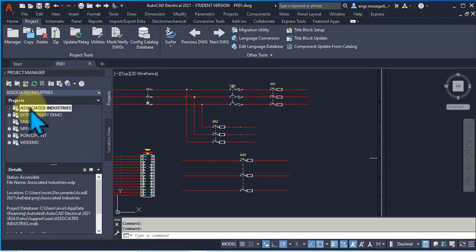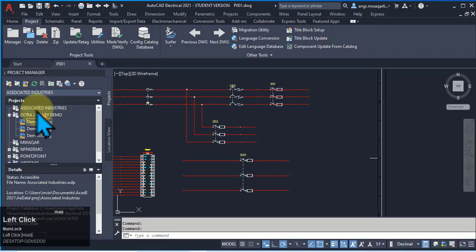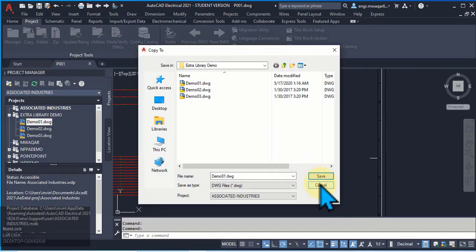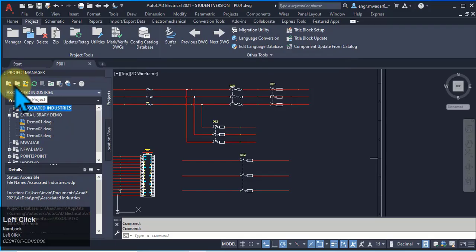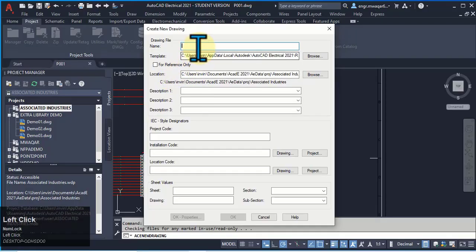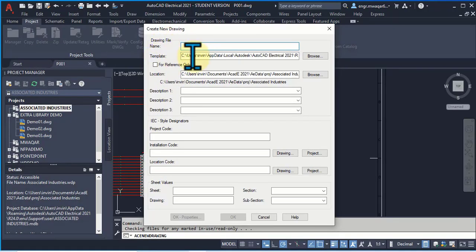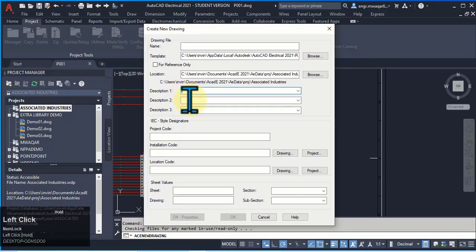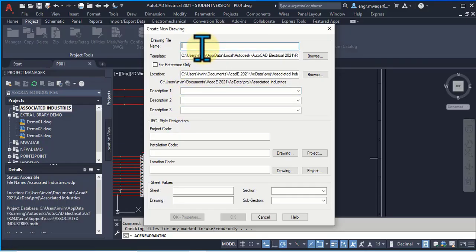If you want to add new drawings, there are different methods. Either you can drag your drawings and move them to that folder, or copy them to that folder, or you can even add new drawings. If you want to add new drawings, give it a name, select a template, and give a description. First of all, let's suppose I want to give a drawing file name